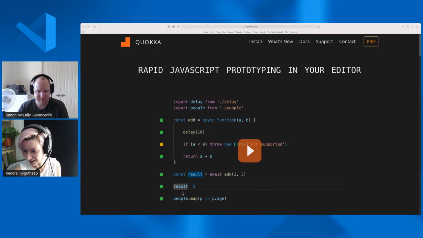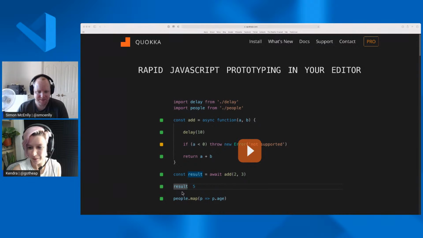Oh, I think Alvaro says you were just about to show a key feature and we want to get to it. Is there one thing you want to show? I was going to show that there's a run on save and a run once feature. So if you're working with, like, hitting an external API, you could say, look, I only want to run this once, or I only want to run when I actually save my file. So those are the options. And I think we were pretty much done with the demo at that point.